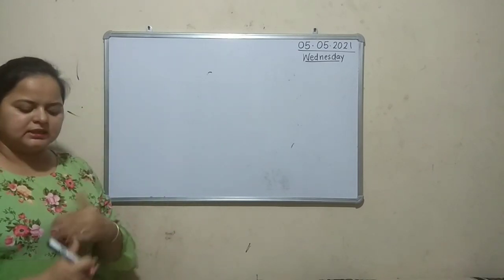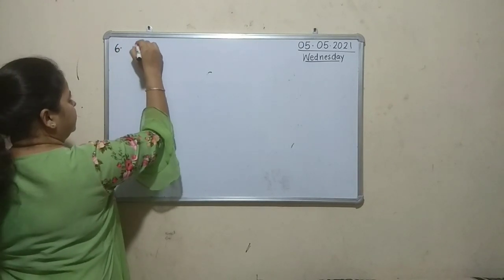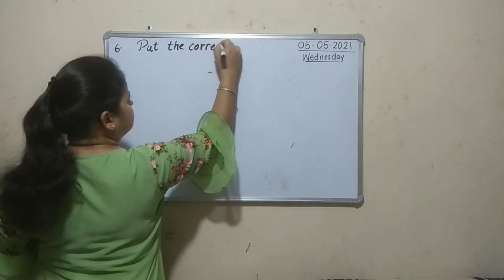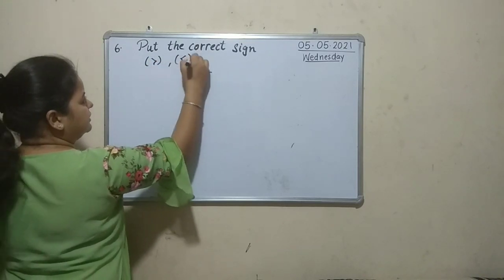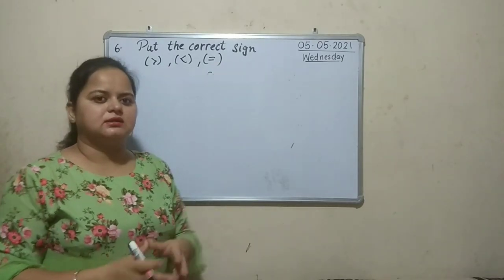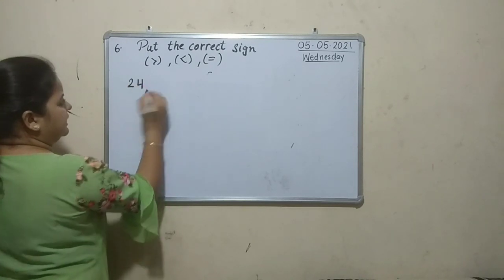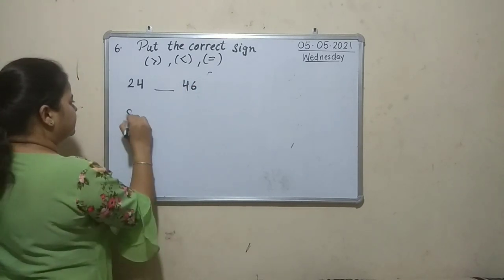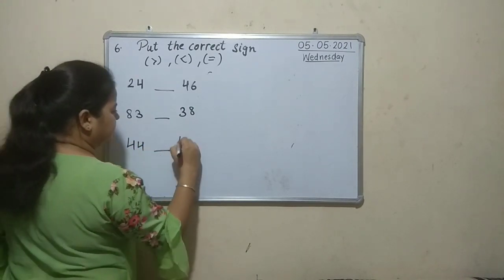Now we will do the next question number 6. Put the correct sign, from which we have these 3 signs. These are the signs of comparison. So we have to do the comparison in between two numbers. Write these numbers also, 24 and 46, 83 and 38, 44 and 44,